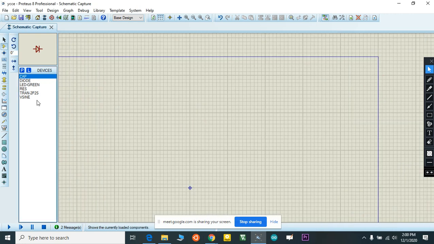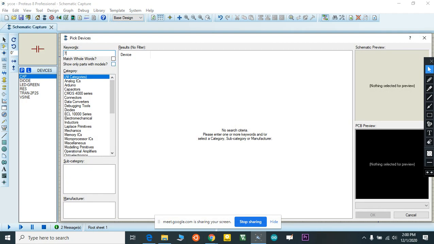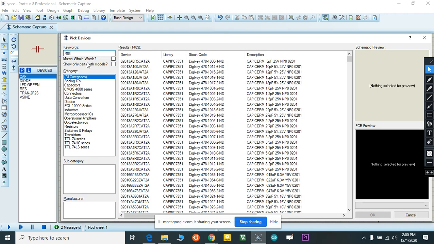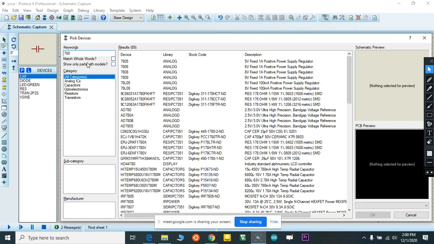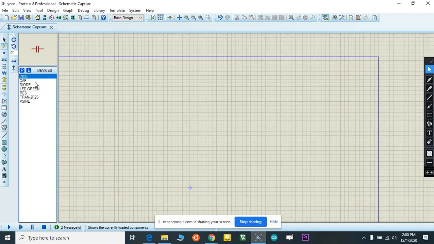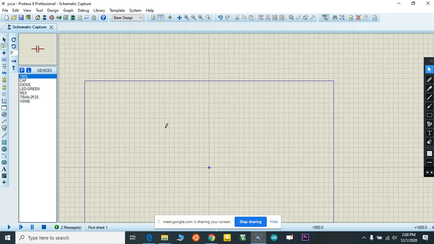Okay. Then resistor, LED, transistor. Okay, voltage IC 7805, 5 volt voltage regulator. Okay, so I add all components.